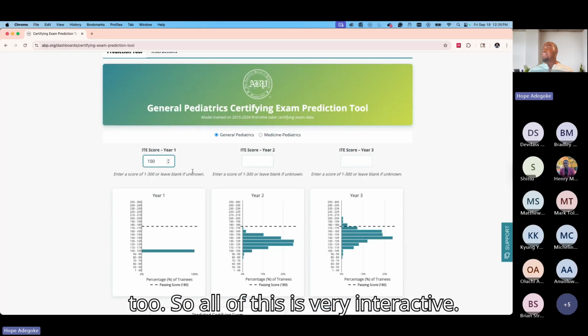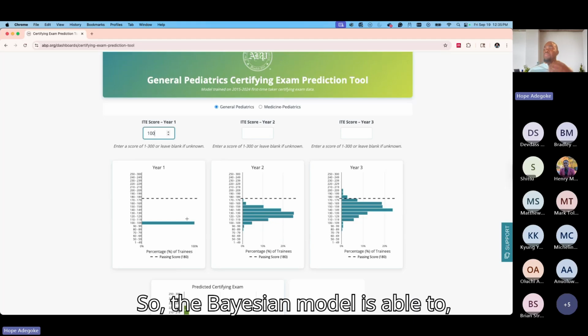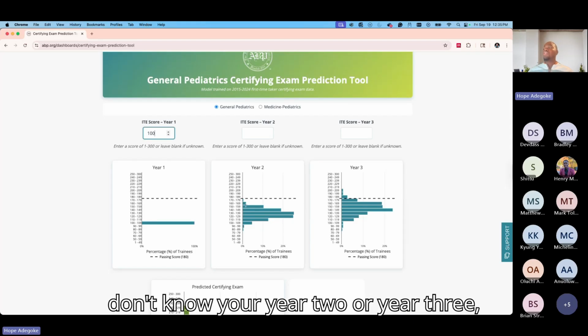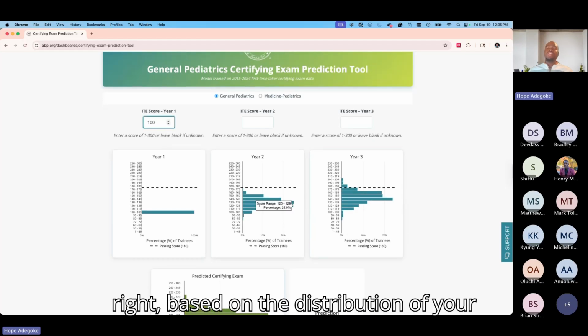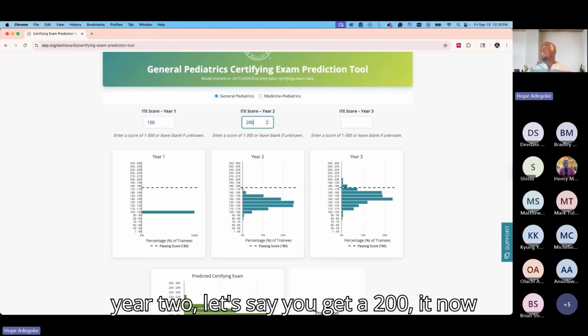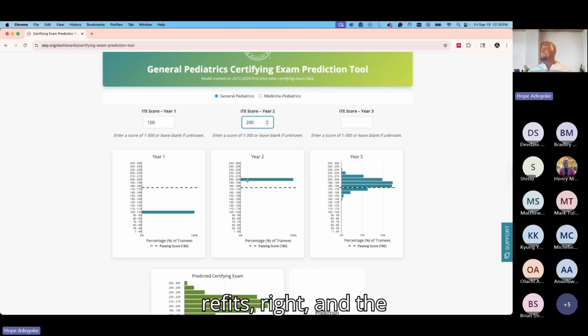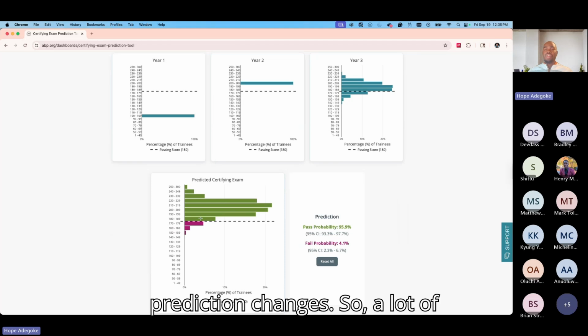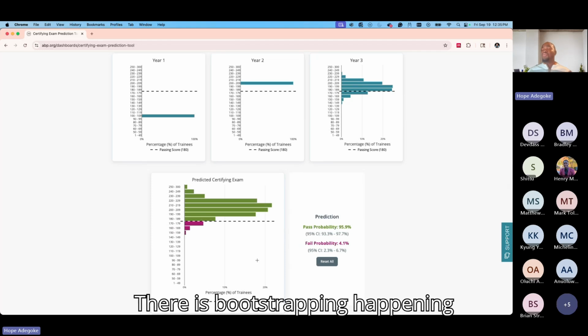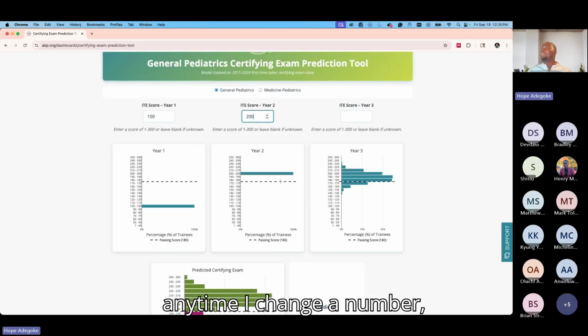So all of this is very interactive. The Bayesian model is able to fit the conditional probability if you don't know your year two or year three, right? Based on the distribution of your data. So if you now know your year two, let's say you get a 200, it now refits, right? And the prediction changes. So a lot of things are happening under the hood. There is bootstrapping happening from the RDS file we imported. Anytime I change a number, a lot is happening in the background to recalculate